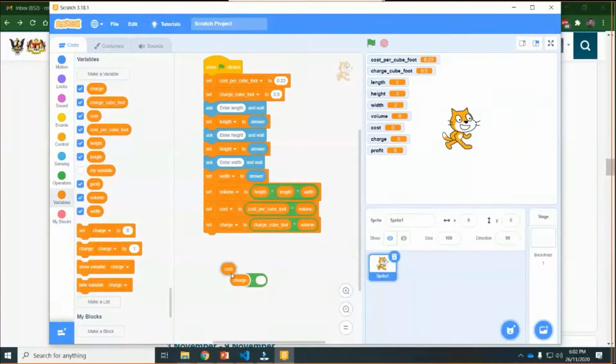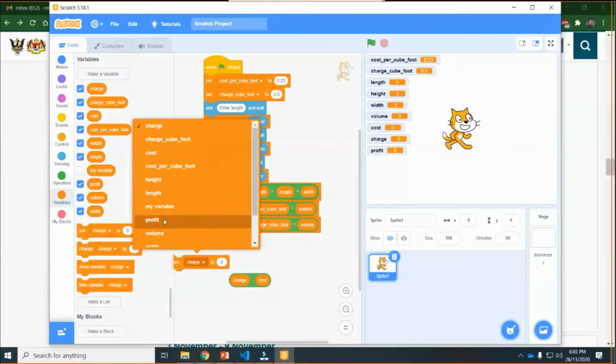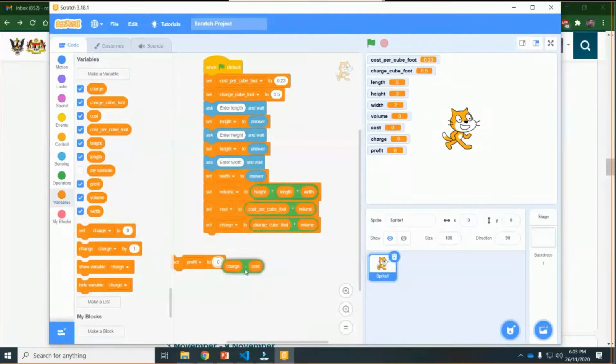You cannot put the cost on the left and the other one on the right, because the minus operation makes a difference when you change the order. So now put this in a profit variable. Set profit to this, and bring this.